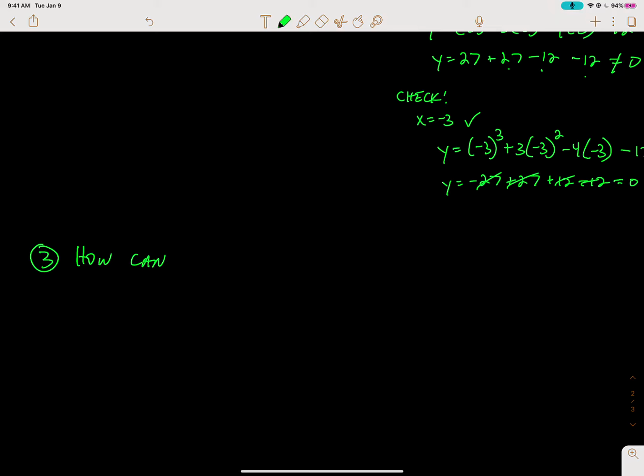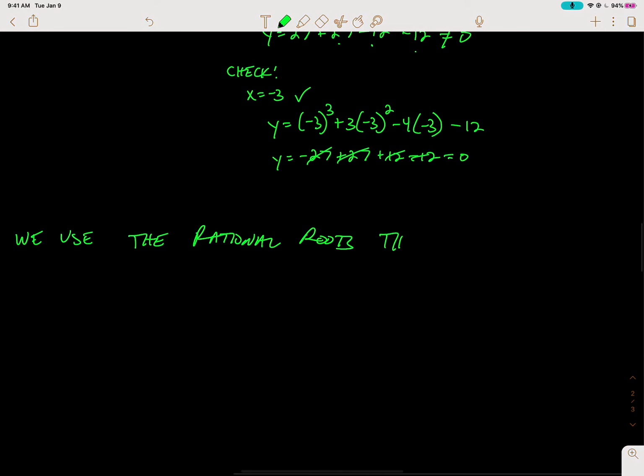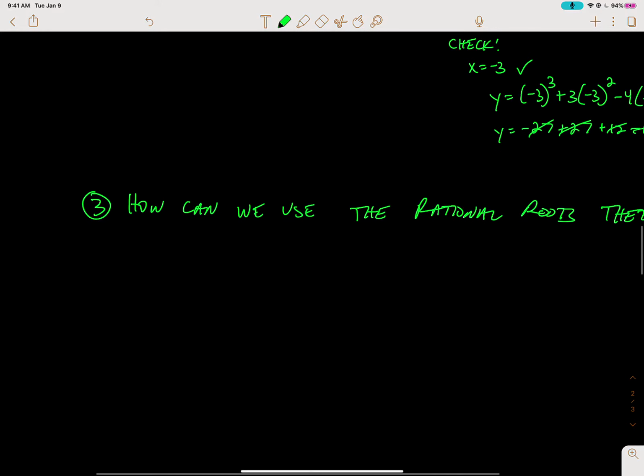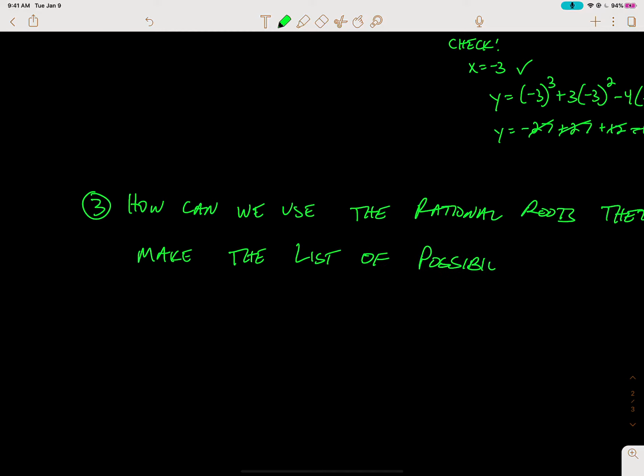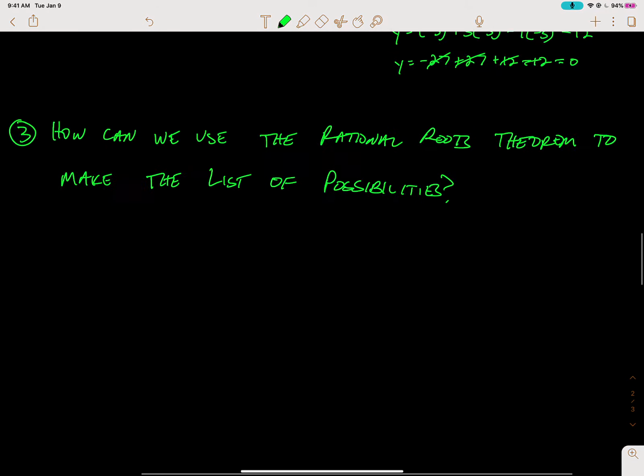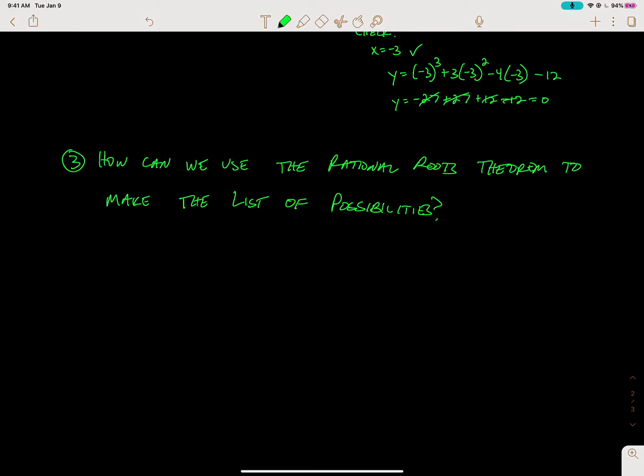How can we use the rational roots theorem to make a list of possibilities? So the theorem says that if you have a polynomial in this form,